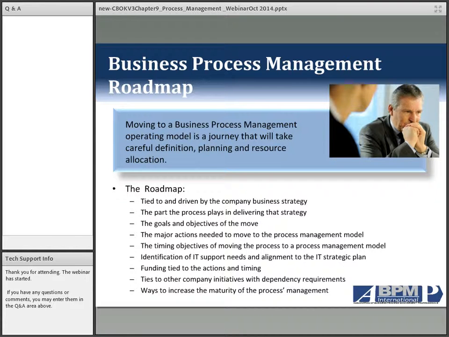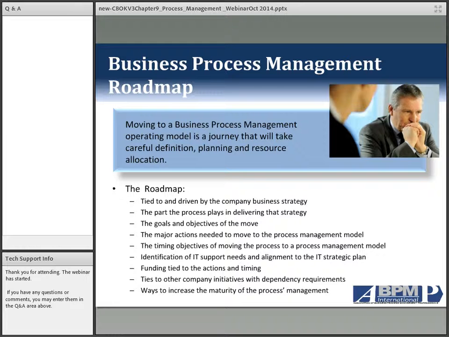We talked a little bit before about the new roadmap to look at how you're going to, first of all, start moving towards enterprise process management, and then how are you going to evolve that as you learn more over time and as you see different things happening in the marketplace that you have to react to as a process manager? Well, the roadmap, first of all, needs to be tied to your business strategy. It needs to support where the business wants to go.